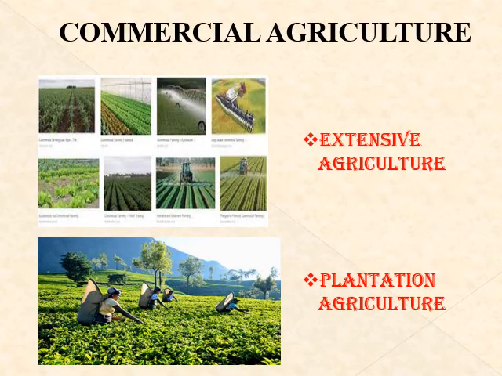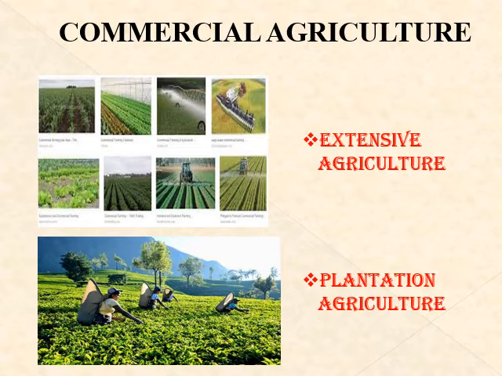Second type is commercial agriculture. Students, what do you mean by commercial agriculture? Listen, commercial agriculture is typically done on a very large scale with the purpose of selling the produce in the market to make profits. Students, it is a specialist form of agriculture which is practiced on very large farms, so it is also called crop specialization. Commercial agriculture is broadly divided into extensive agriculture, plantation agriculture, livestock ranching and dairy farming.